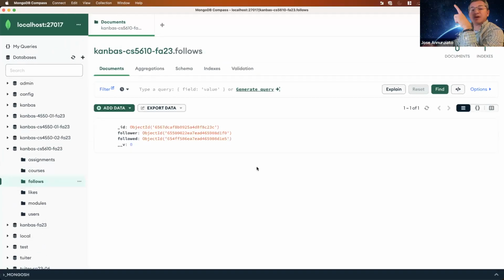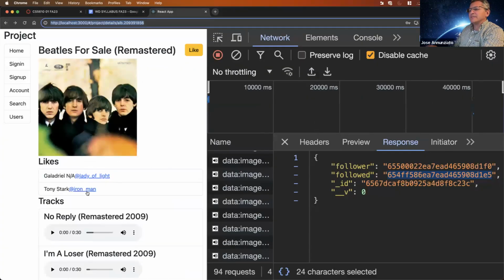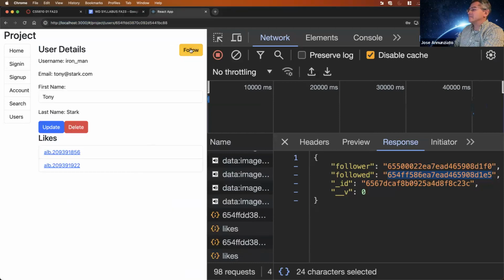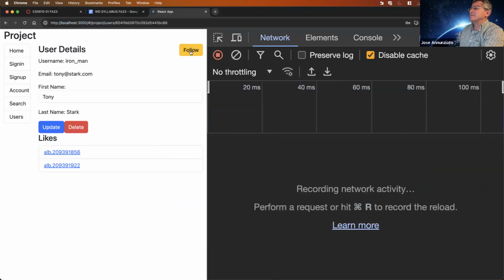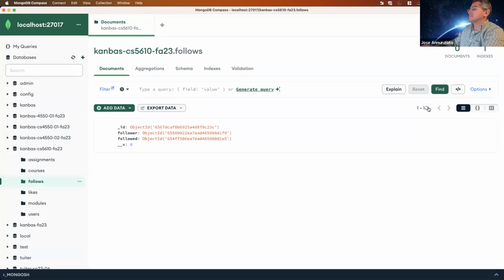Okay, let's also follow the other person, right? Which I think was Tony, right? Let's go back. And Tony, let's click on that and let's follow him too. Let's clear this out, follow. And now it's the same person, it should now be following this Tony, right? So let's refresh this, and we have these two